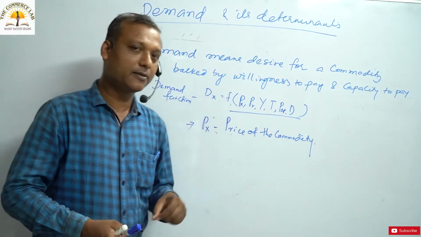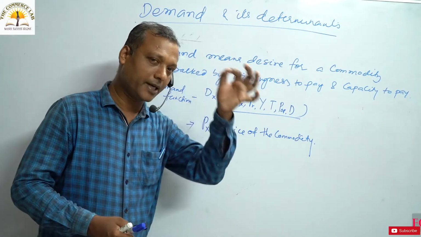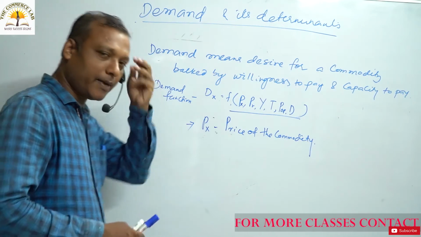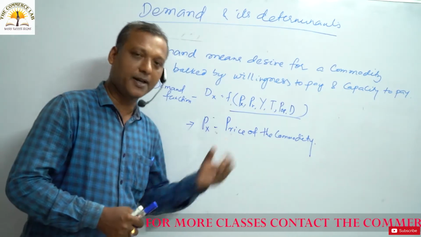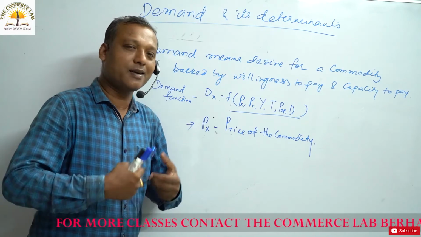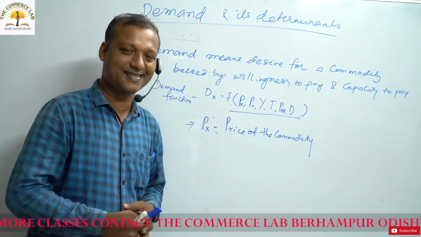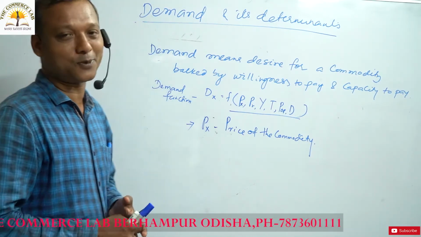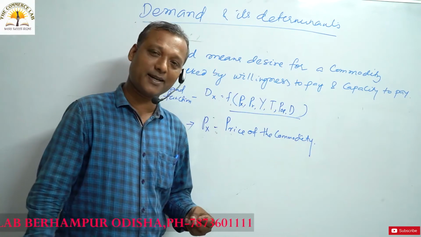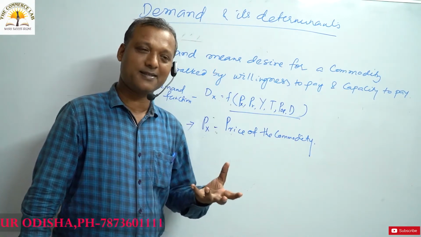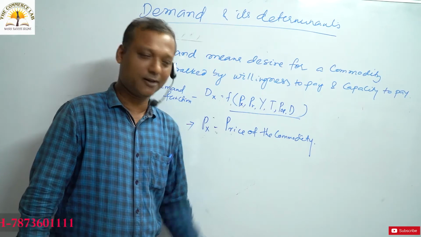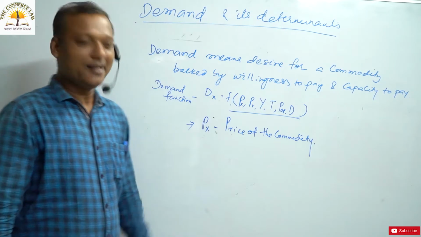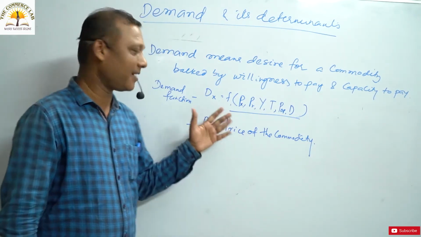When you go to the market as a consumer, I told you we have the objective, we should get maximum satisfaction. When we go to the market, our mentality is like that. When the price of a commodity is more, we are supposed to purchase less. And when the price of a commodity is less, we are supposed to purchase more. When tomato is costing 20 rupees in the market, we will purchase definitely more of the tomato. When tomato is costing 80 rupees, we are supposed to purchase less of the tomato. This is the logic of the demand and price relationship.